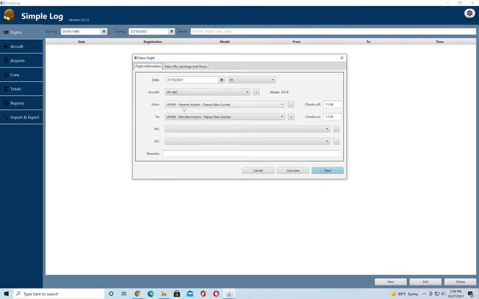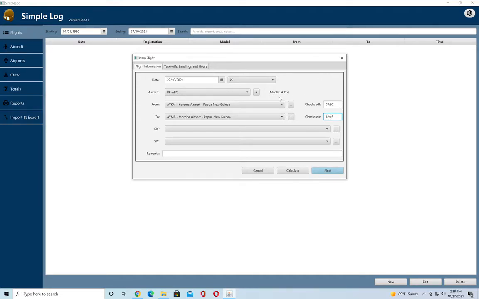So we took off from Kerema Airport and we're landing at Morobe Airport. Chunks of time, it's taking my system time right now. So let's put took off at 08:30, and I'm landing at